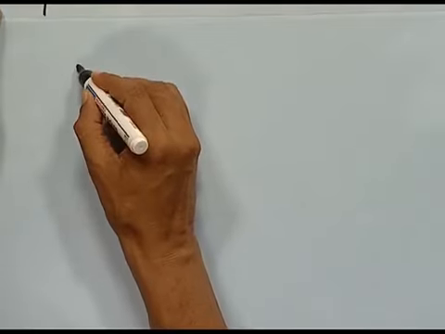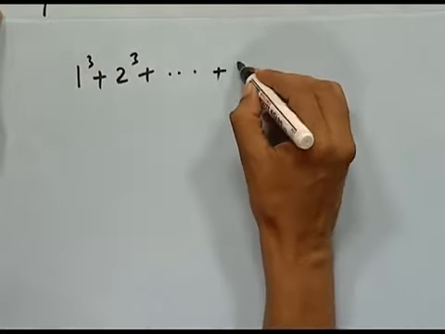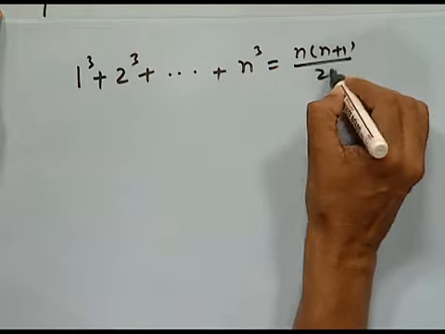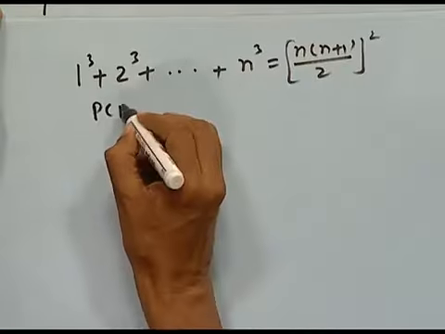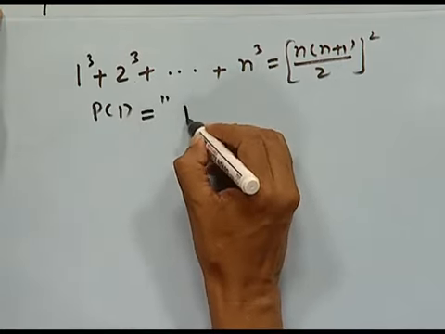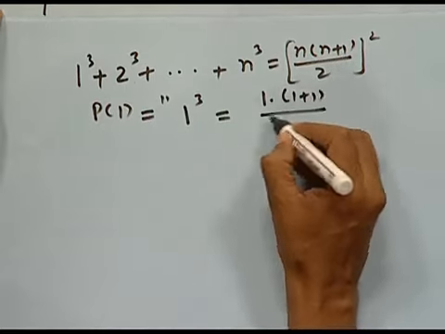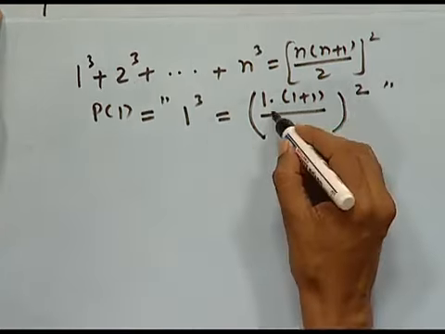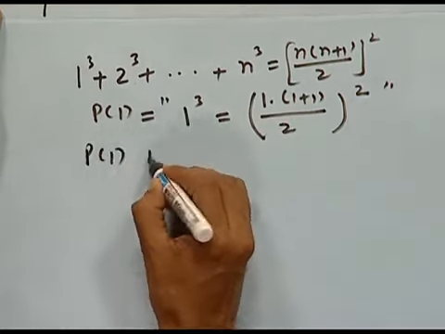Suppose we have to show 1 cube plus 2 cube and so on up to n cube is equal to n times n plus 1 upon 2 whole square. When nothing is mentioned, it means we start from P1 only. So, we take P1, that is 1 cube equal to 1 times 1 plus 1 upon 2 whole square. Left side is 1, right side is again 1, so it is satisfied. So, P1 is true,